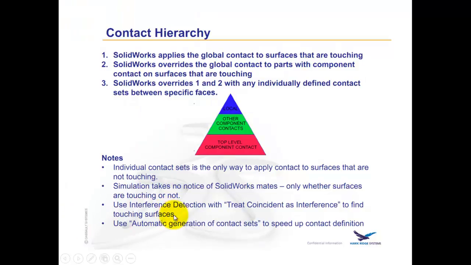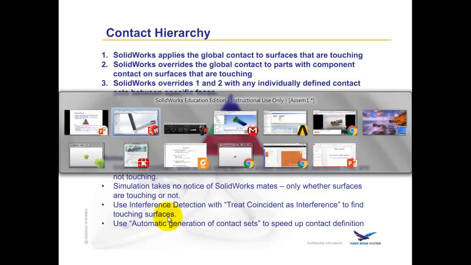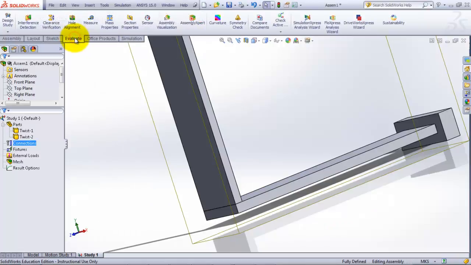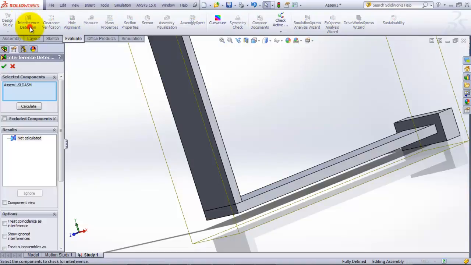Next one, use interference detection with treat coincident as interference to find touching surfaces. So if you want to find things that are touching, to make sure you declare the right component contact declaration or contact set, you can use that. So let's look at what that is. You can either go here under evaluate or under the tools menu, but what you're looking for is interference detection. So we're going to click on that, and it's got the whole assembly here, and what